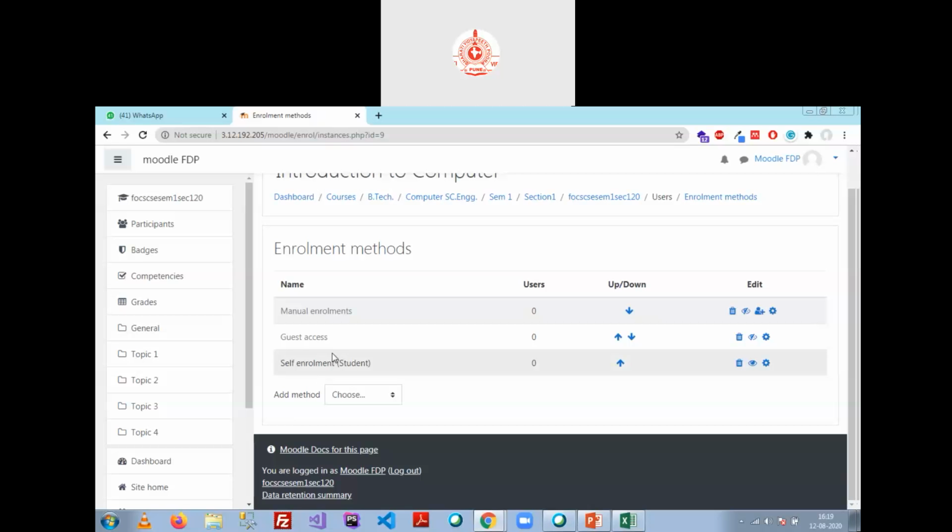If your institute is autonomous and it is offering many courses for second year or first year computer science engineering students, and students are free to opt for their courses, then you can ask them to enroll themselves by default.